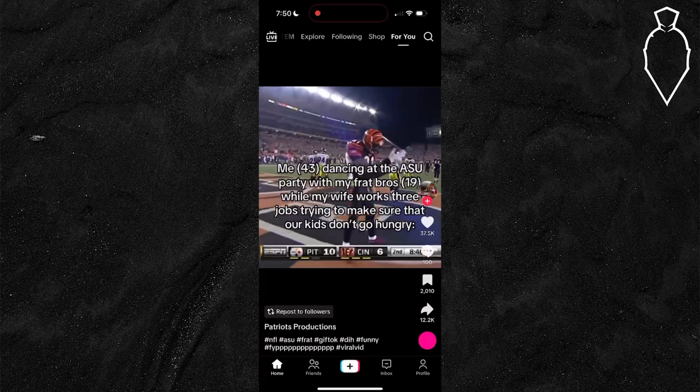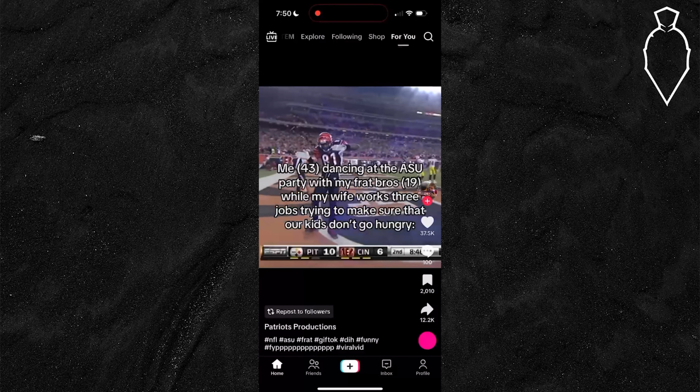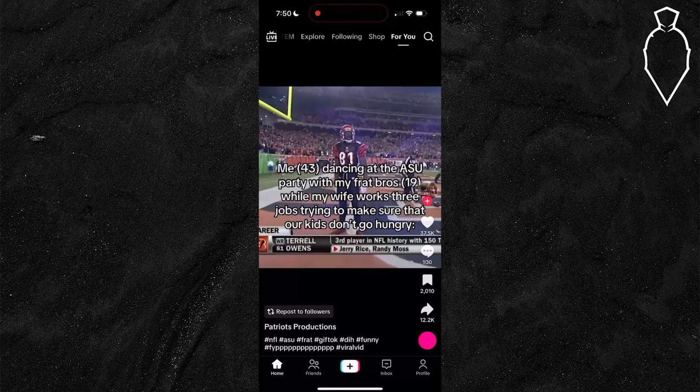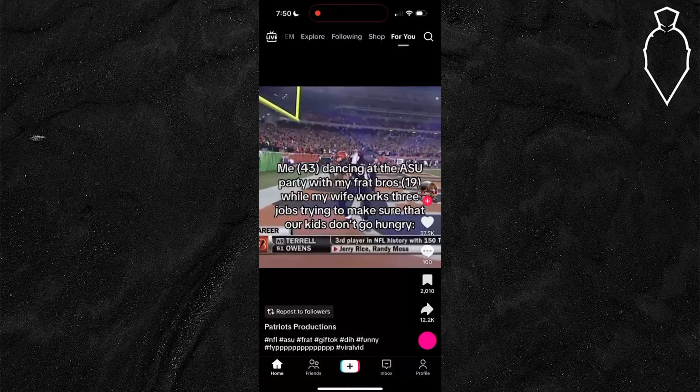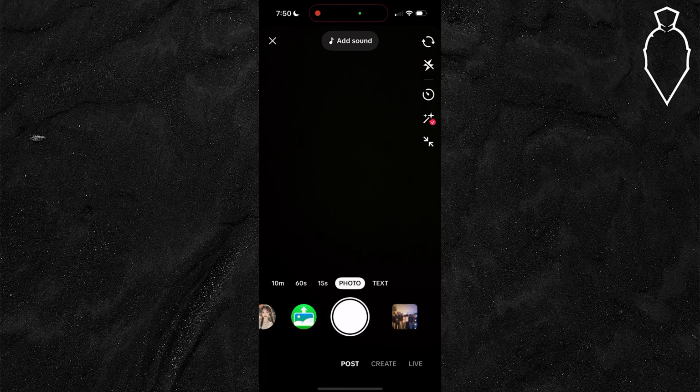You can do this with the video that you're recording right now, or even a video that you've saved in your gallery. Simply go ahead and open up TikTok and tap on the plus icon in the bottom of the TikTok homepage, and then choose the post options from the options down below. From here, you can either go ahead and start recording, or tap the gallery icon in the bottom right to